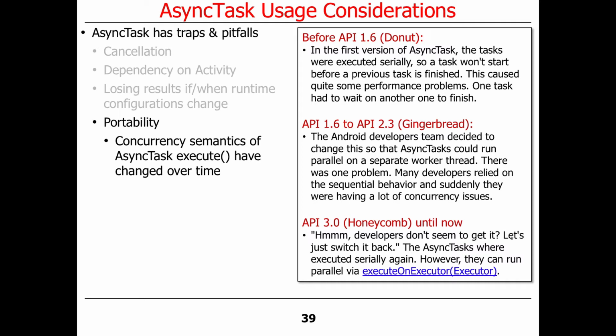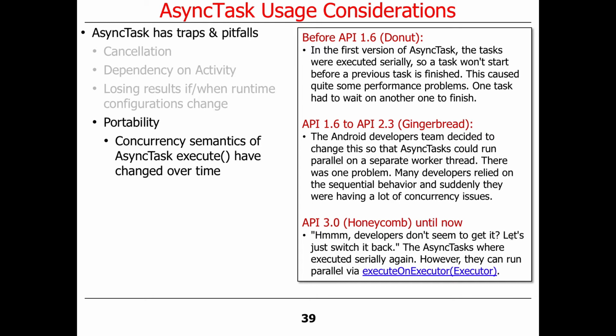So over time, the designers of Android have changed the semantics of async task by default. So in the early versions of Android, this goes back 10 years or so, when we had the Donut release, the tasks were executed serially, like they are now. And at some point during the Gingerbread period,